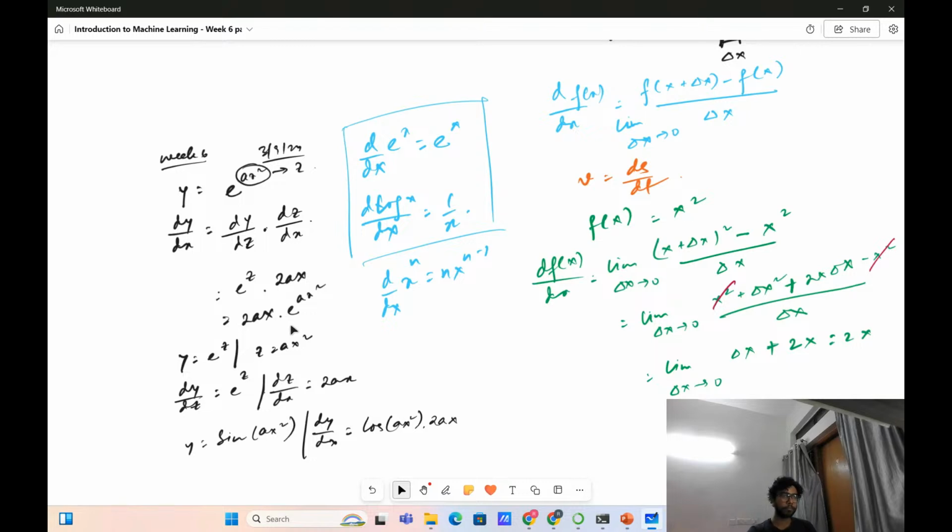Is this clear? This should be clear because we are going to use this in backward propagation in detail, right? I think you should memorize some basic derivatives, and if you are not comfortable with the chain rule, you can practice some derivatives on your own, and then you'll get more familiar with it. But let us go back to